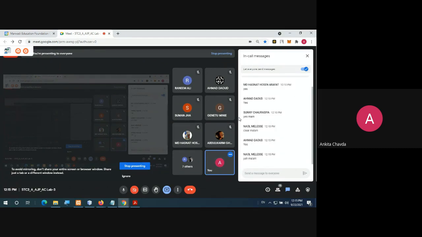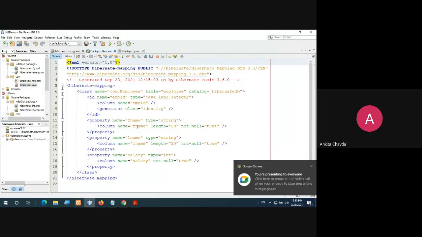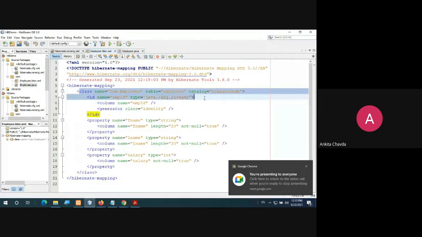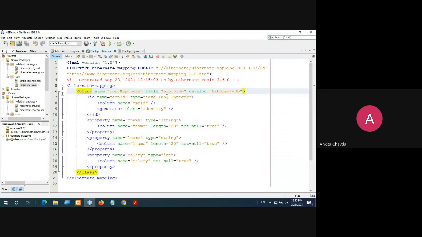Okay. Fine. So now this file class is this, and we have this employee table. So based on this employee table, they have created these two files, Employee.java and Employee.hbm.xml. Suppose you have 5 tables, then 10 files will be created. That would be automatic. You don't have to do anything. The column names and everything will be there: first name, last name, salary and all.